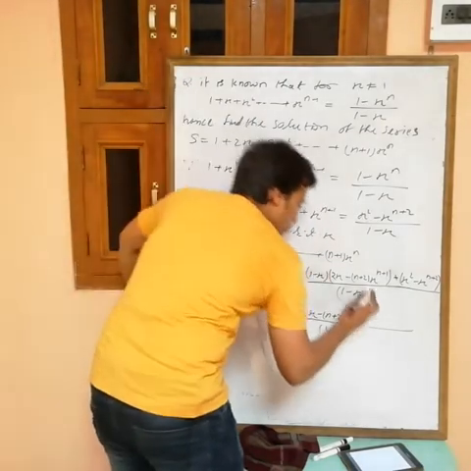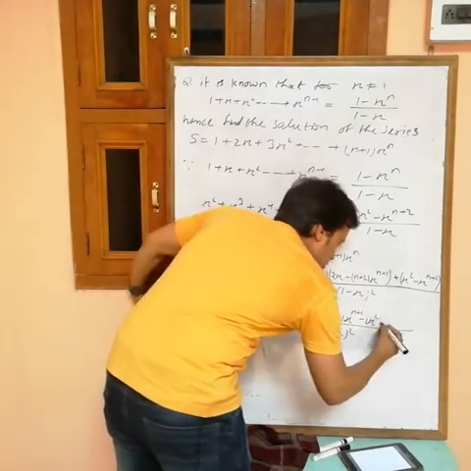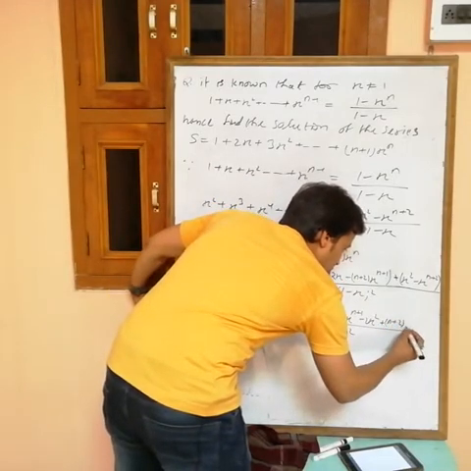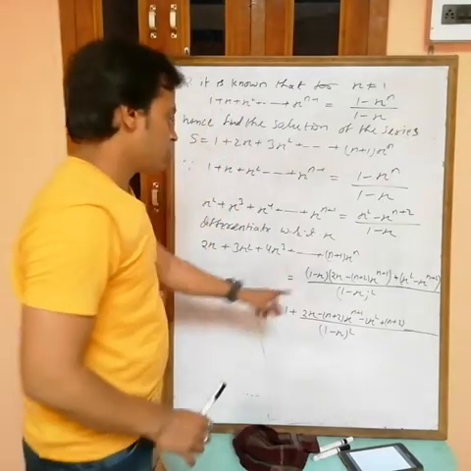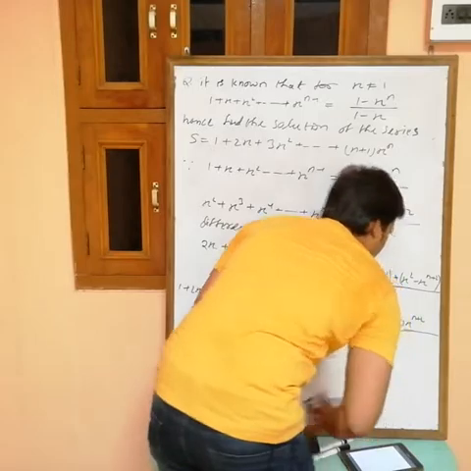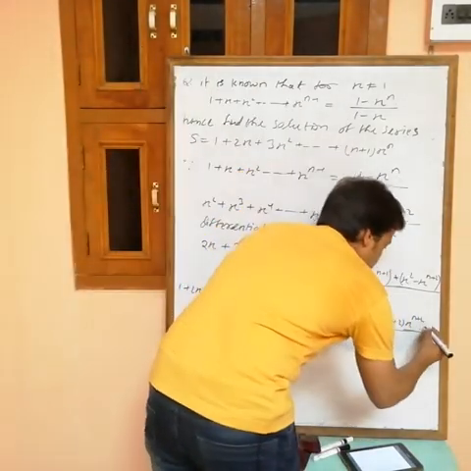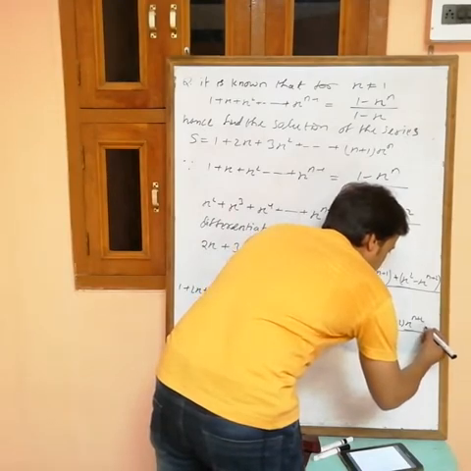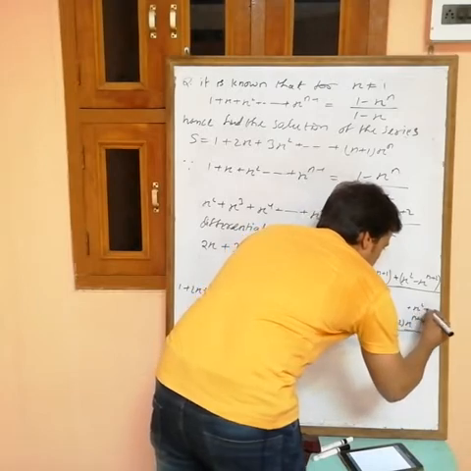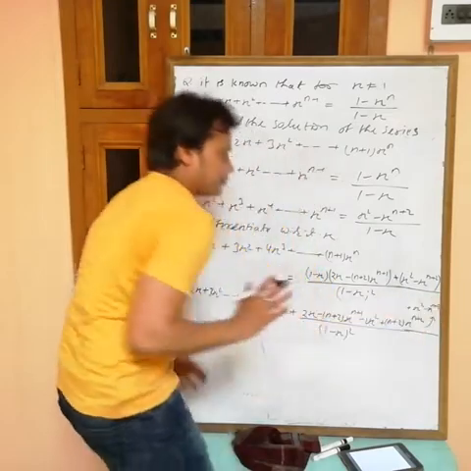Then minus 2x square. If you multiply this one, then minus becomes plus (n plus 2). And x into x power n plus 1 is x power n plus 2. And then plus this one as it is now. Here can I write plus x square minus x power n plus 2. Now this one as it is.